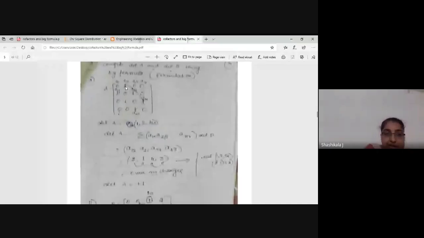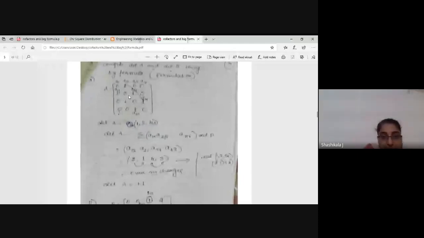The columns will play an important role. I have to take this number from the first row, this column. Two options will be there. First, I will take this A12. Next, the second option is I have to leave A21, then I have to leave this row and this column. So the third option will be A34 and the fourth option will be A43. Okay, you understand this? How I have written this?